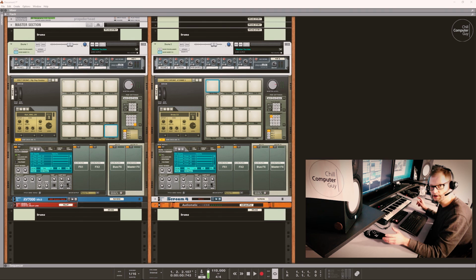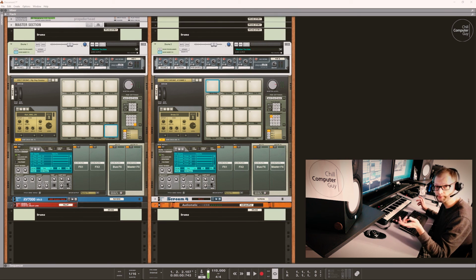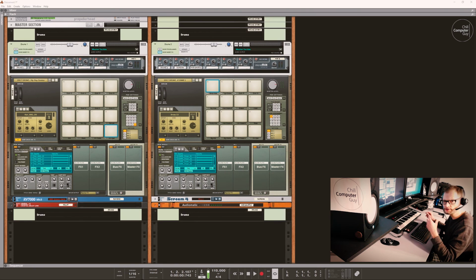We're going to talk about the Kong. Now the thing about the Kong is there was a time when I just didn't really use it. I used the Redrum. I like the step sequencer in the Redrum, and that's real great. But the problem is it's really hard to get variation as far as picking out the right sound for the